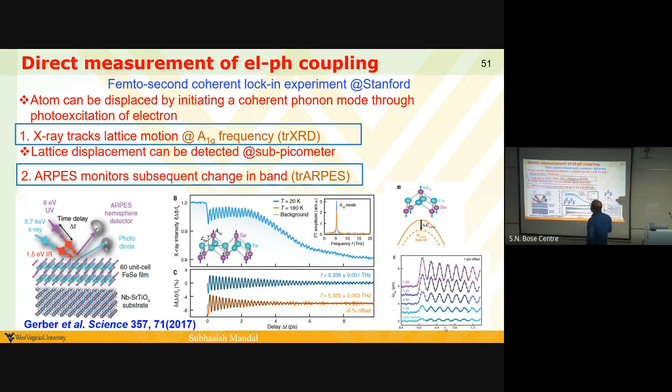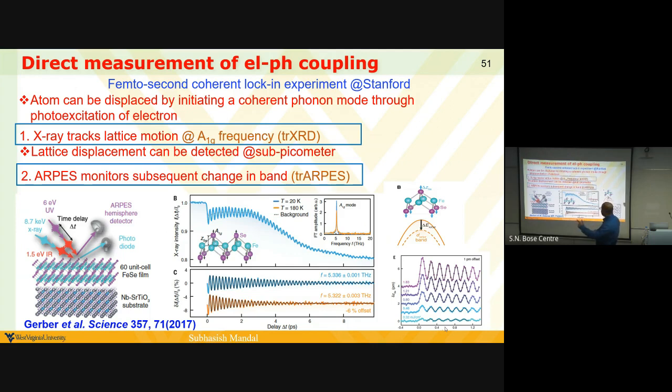He has this way of directly measuring electron phonon coupling, the first way of measuring this electron phonon coupling in experiment. Previously, we have used Raman, we have used some phonon signature in the isotope effect, and etc. But now they have done exactly the frozen phonon method, but in the experiment. How have they done it? Two things together, two time domain: one is X-ray, another is ARPES.